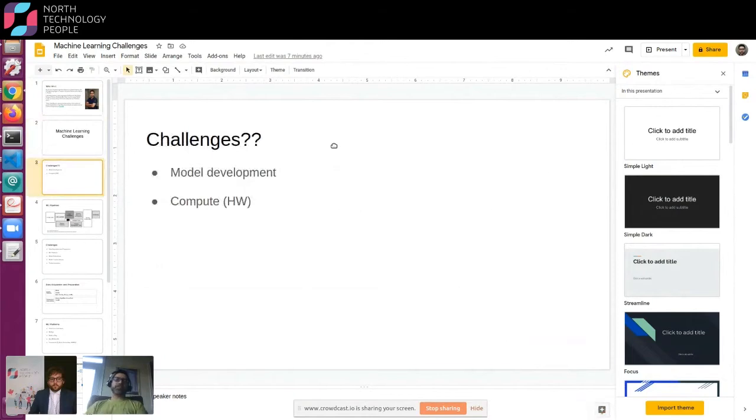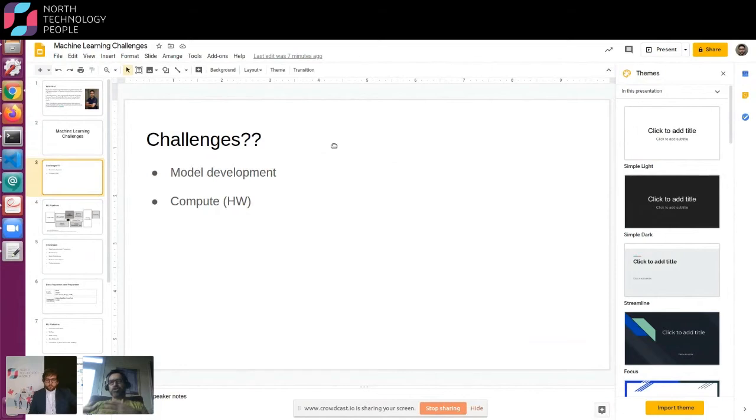When I started learning machine learning, the initial challenges that I faced were which model to use, how to use the compute power, and how to get the necessary compute power. When we talk about model development, if I want to develop a model for classification, should I use Inception V1, V3, ResNet 32, ResNet 50? Should I develop my own model? The biggest challenge I had at that time was finding the right model for my application. I can easily get the data online through public repositories, but finding the model, or the right code to develop the model, was one of the biggest issues.